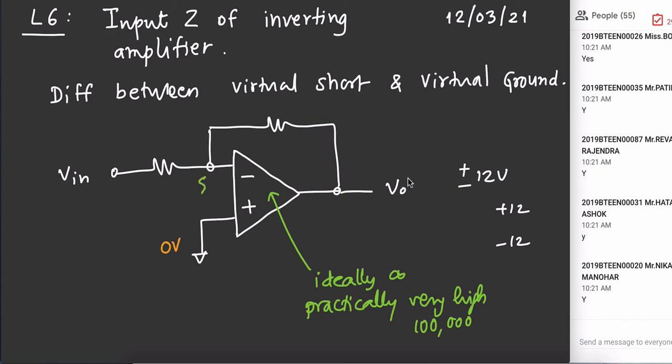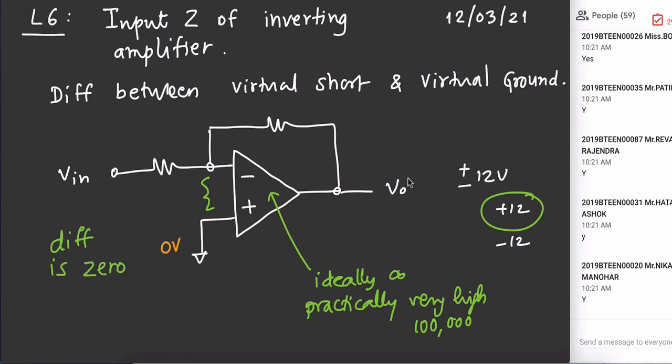The input difference required to produce this output of 12 volt is very small, and we approximate it to 0. For ideal op amp it will be 0, but for practical op amps it is very close to 0. So, we consider that to be 0 for simplicity of analysis. So, with this idea we say that the difference is 0. I repeat this, the difference is 0. I write down here the difference, because this is a difference amplifier. Difference is 0 because the difference is the input. Difference is 0.